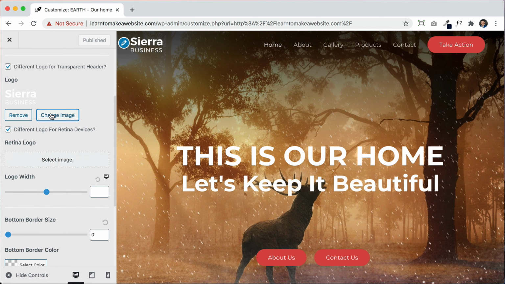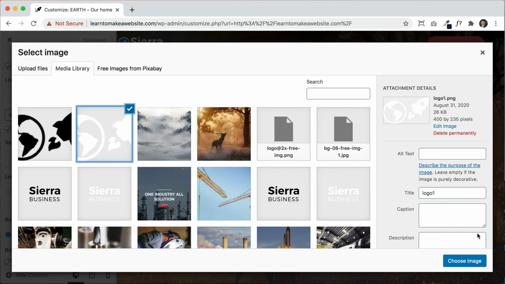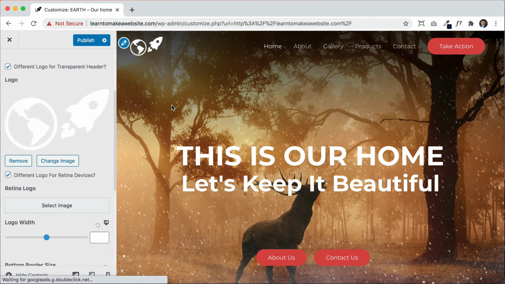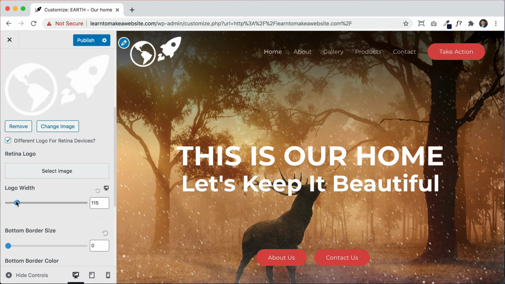So let's click change image. And for this one, we're going to use the white logo. And let's click choose image. And that's going to update our website's logo. How cool is that? We can also adjust the width of the logo if we want to make it smaller